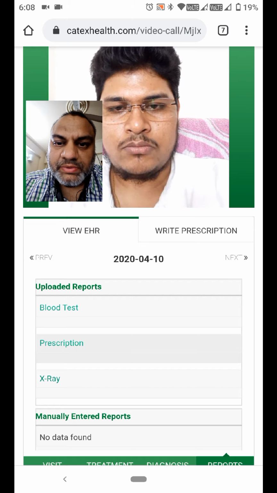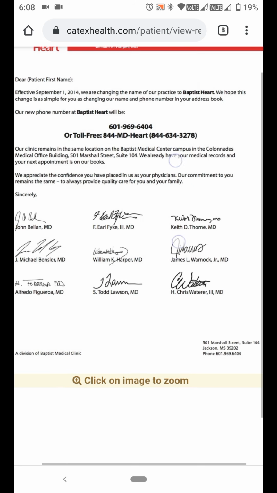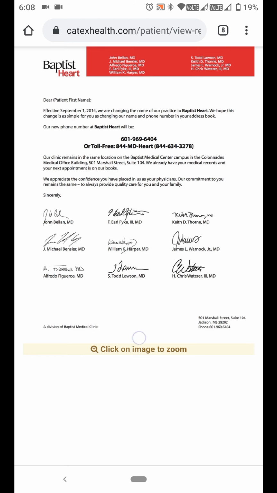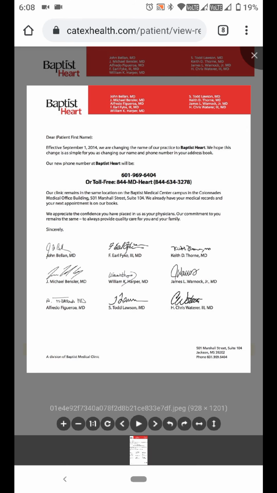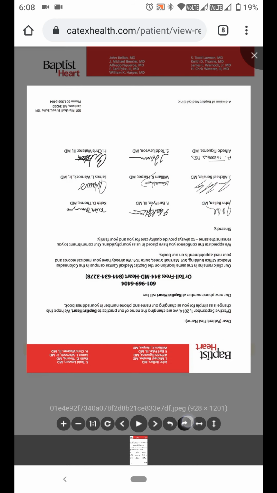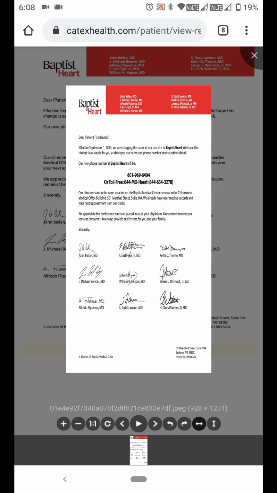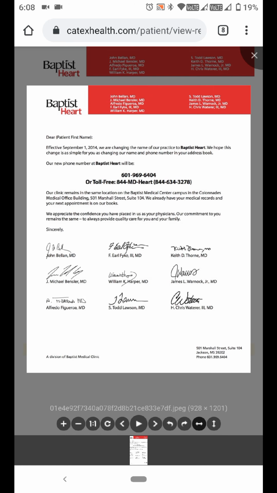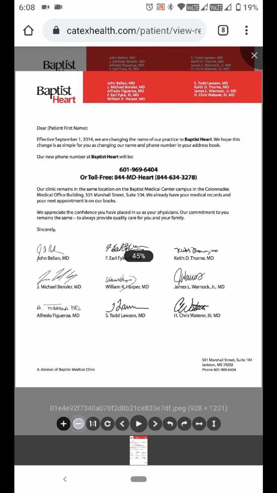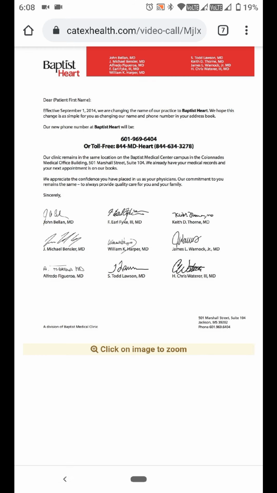Now we'll be looking at some other report, say the prescription, a prior prescription. The prescription looks something like this. The doctor has the functionality to zoom in and see what exactly was written in the prescription for better readability. The doctor is able to rotate the prescription, flip it, see in 1:1 ratio, zoom in, zoom out, and do a lot of things based on the functionality.